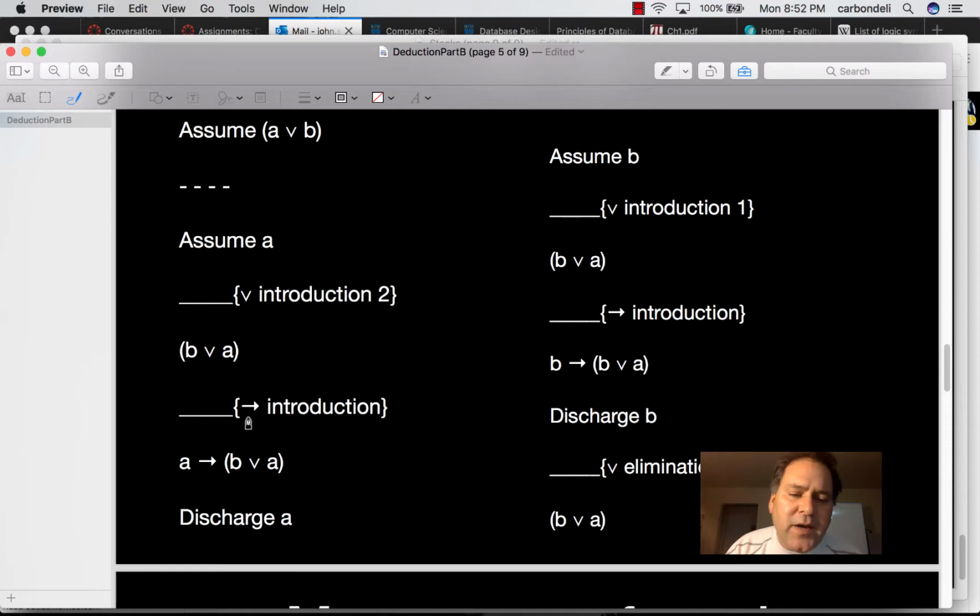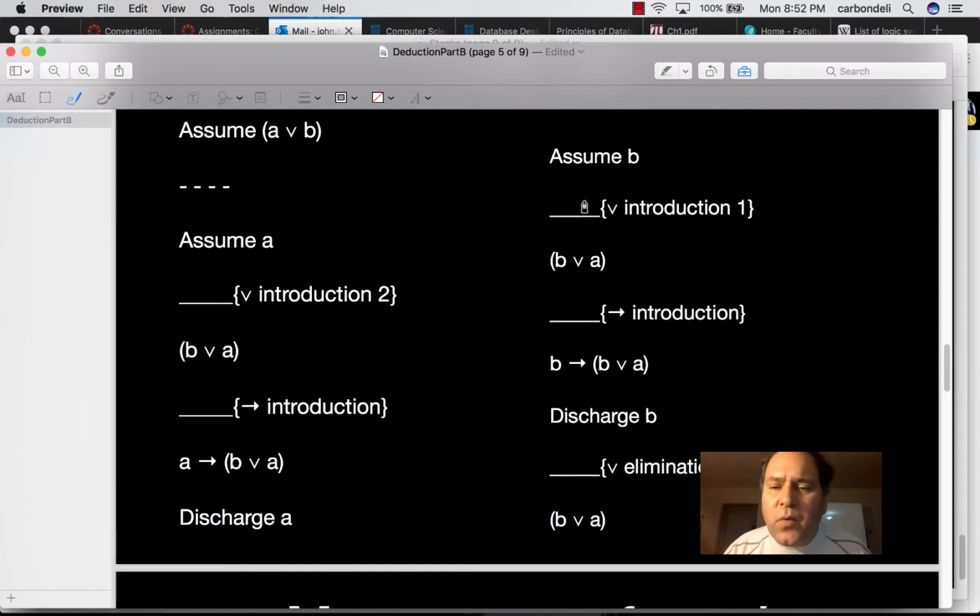And then we're using the implication introduction theorem to show that A implies B logical OR A. We're discharging A, which is a requirement of the implication introduction theorem. Then we're right up here at the top of the column at the right, and we're assuming